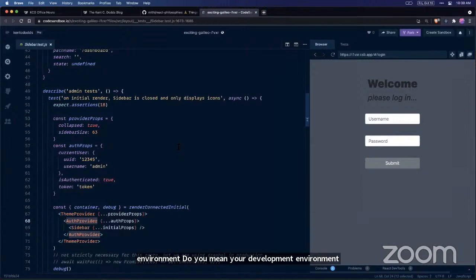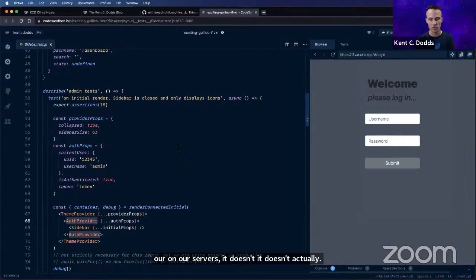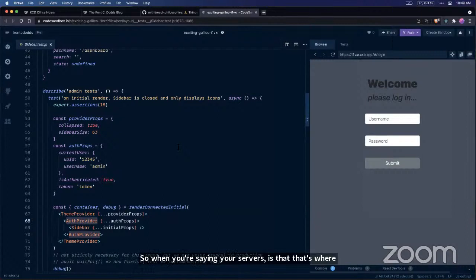On our servers, it doesn't actually come. Sorry, I'm a little confused. When you say your servers, that's where you're running your tests, like in your CI? We run them both locally and through CI. At the moment, this particular file is all commented out because it will cause all of the tests to fail in CI and locally.